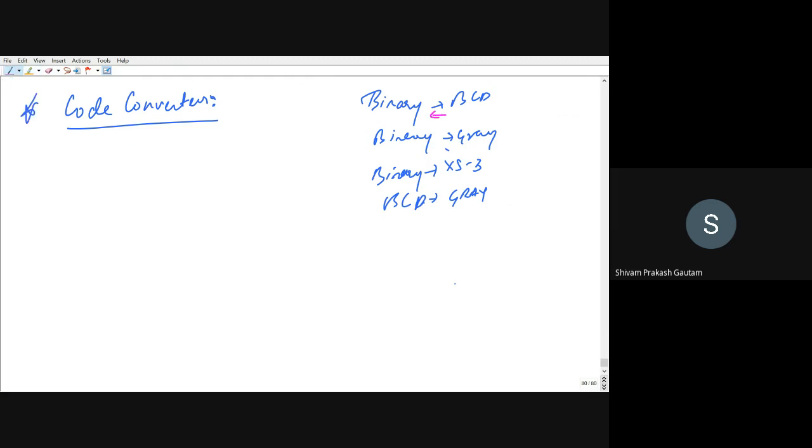That means BCD to binary, gray to binary, XS3 to binary, and many more types of conversion might be there. So we will see how we can implement this using combinational logic.